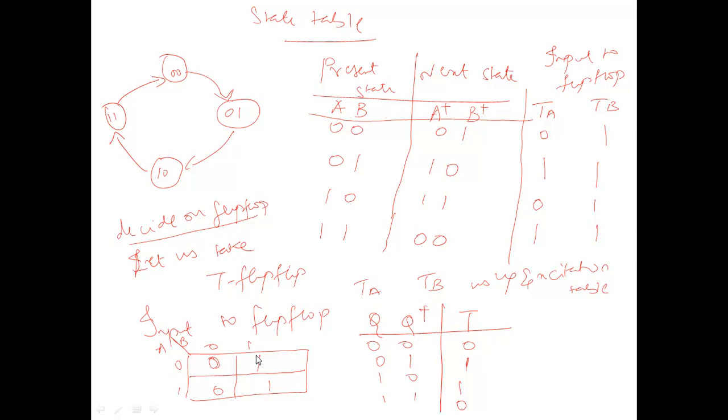Okay. So now you can combine these two cells and you can say TA is nothing but, what is this? This is nothing but B. So directly from the truth table you will say TB equal to 1, and you are using the K-map to find out what is the input for TA. So you are saying TA equal to B. So now you completed the equation. You got TB equal to 1, always 1 independent of A and B, and you got TA equal to B.